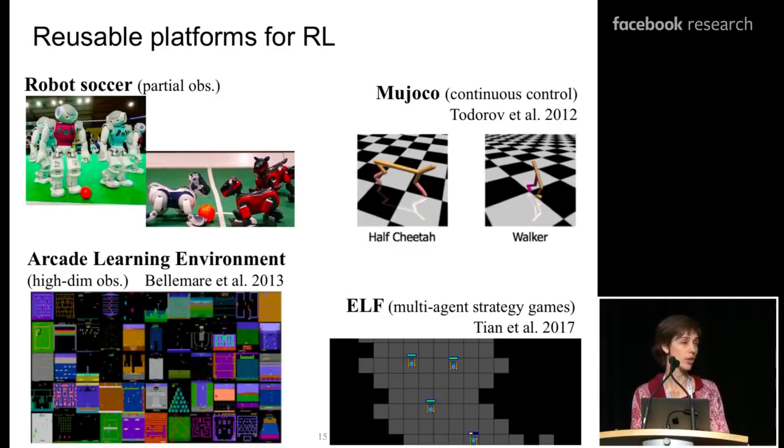The MuJoCo simulator is extensively used nowadays to test continuous reinforcement learning algorithms. The Arcade Learning Environment has propelled our ability to do deep reinforcement learning in many ways by setting a very high bar in terms of the complexity of the task, particularly on the perceptual side. And more recently, in 2017, the ELF platform was released, enabling multi-agent strategy games. This is sort of a plug-and-play environment in which you can actually instantiate multiplayer games in a very flexible way. All of these are available quite easily. I believe MuJoCo requires a license, but the Arcade Learning Environment and ELF are freely available, downloadable for everyone.